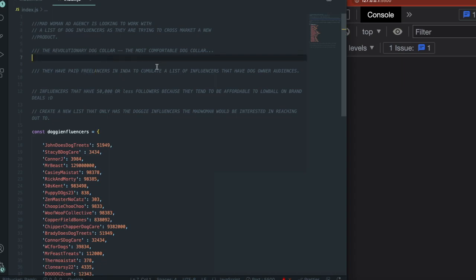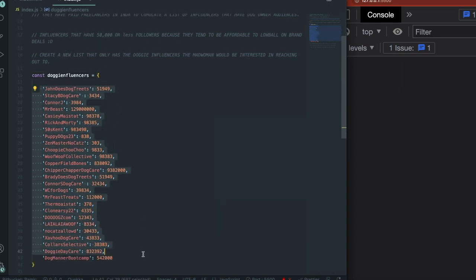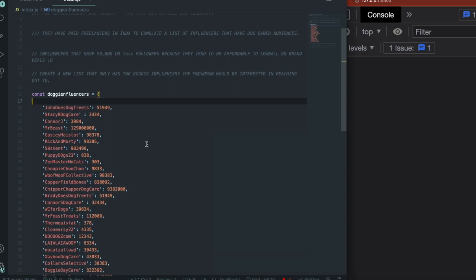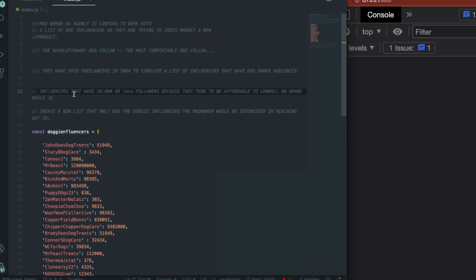They paid freelancers in India to accumulate a list of influencers. So the freelancers in India gave them a list like this with dog influencers, but the list isn't targeting who they really want to reach. They want to reach dog influencers that have 50,000 or less followers because they're more affordable to lowball on